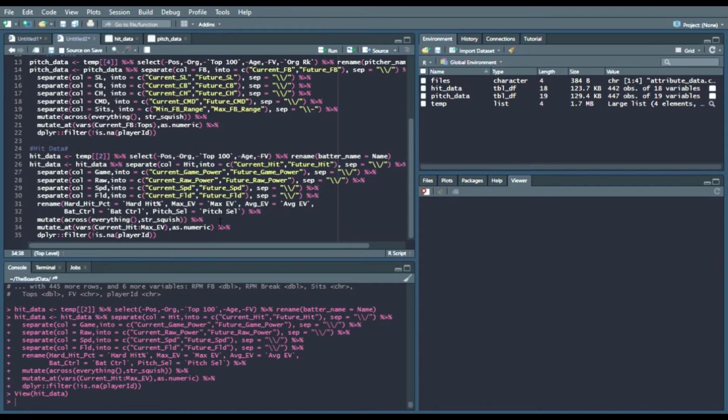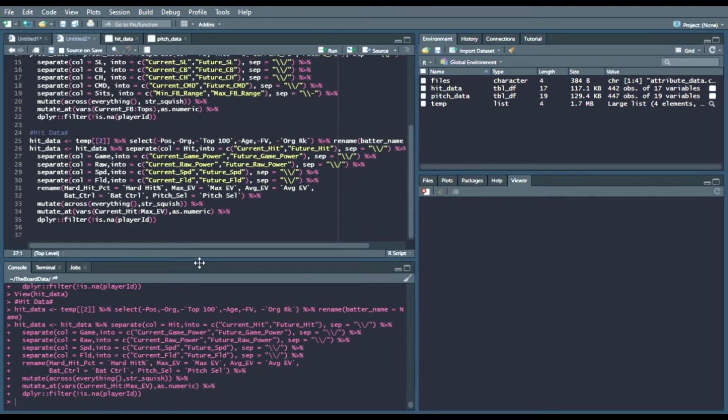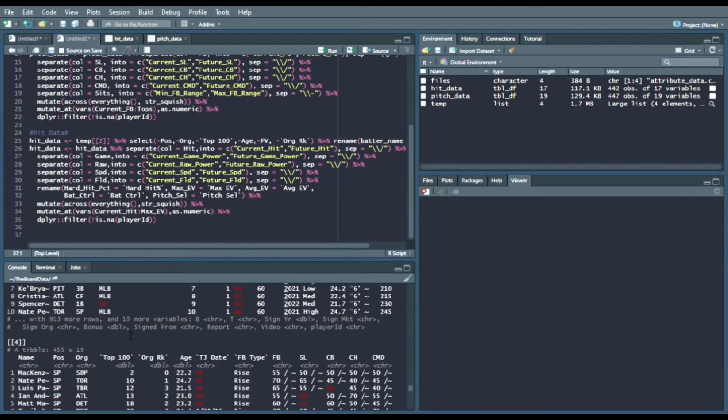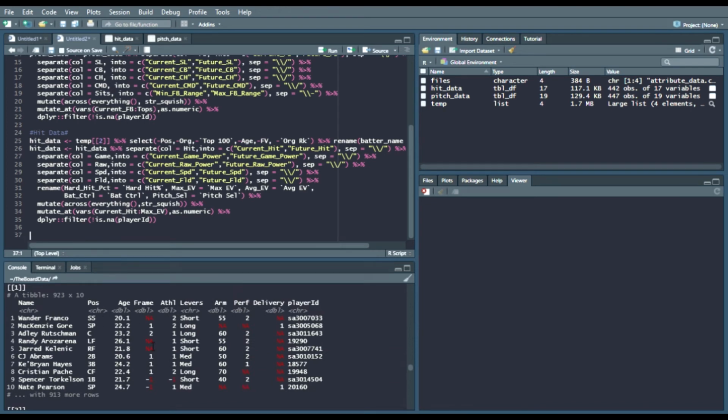So the other thing is I will just rerun this code by saying negative org rank. So I'm going to run this again and get the necessary hit data, and then we'll move on to attribute data, which is a simple one-liner. And again, going up to our temp data, we can see that the attribute data is the very first data